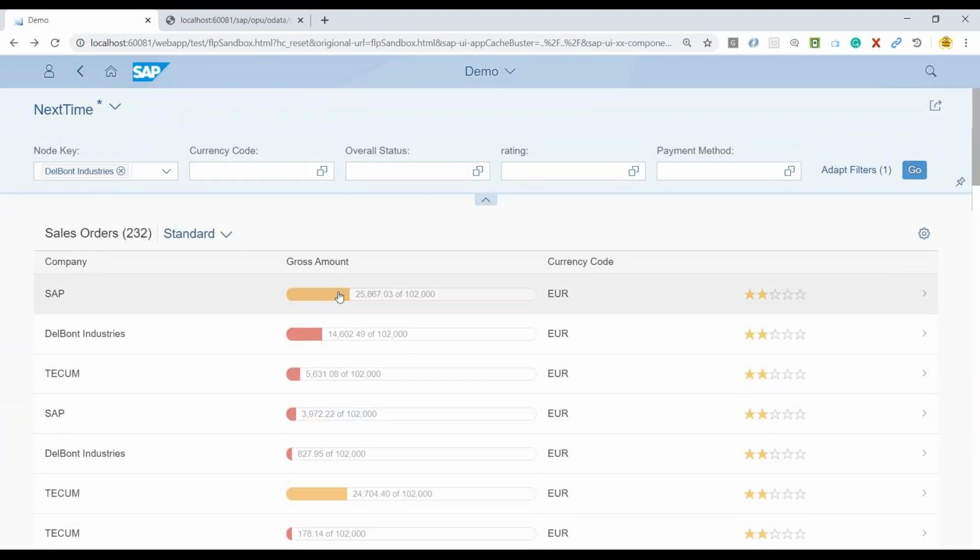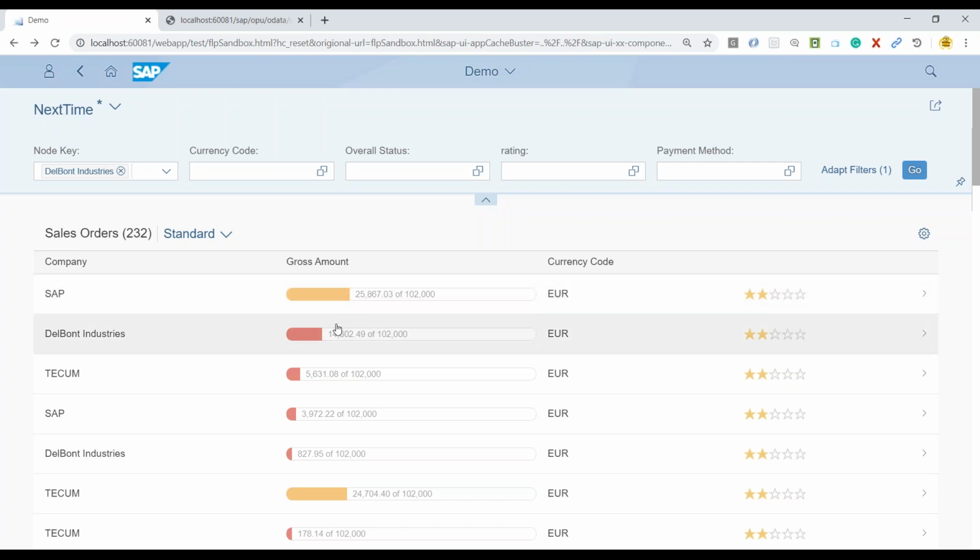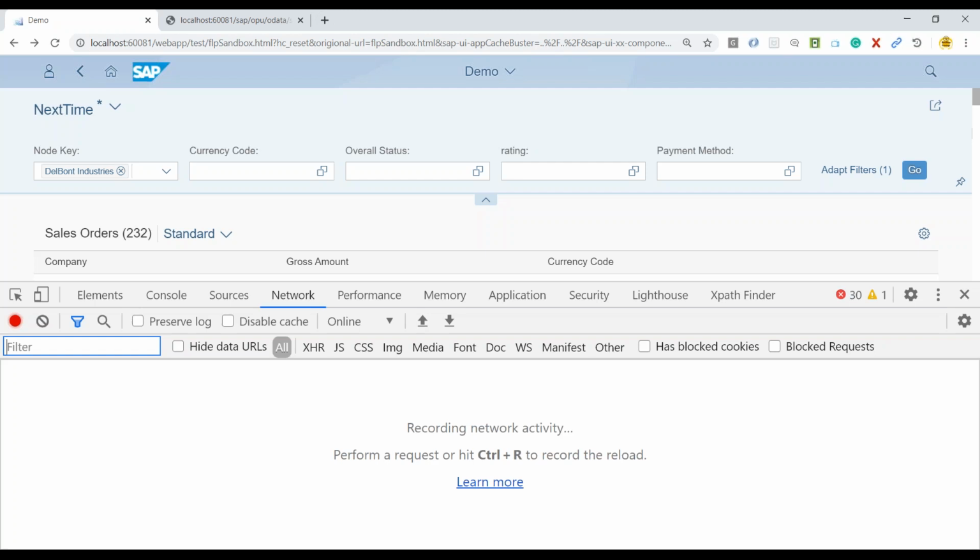As a UI5 developer or Fiori developer, you would always want to present data in form of reports, which was earlier done with classical ABAP reports, and the new way of making the report data visible to the user is using Fiori.